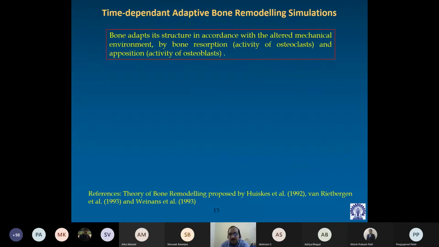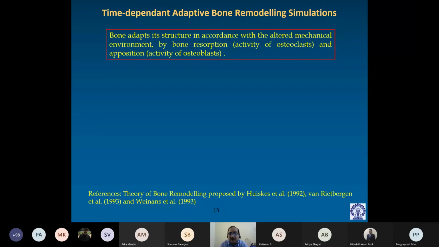Now let us move from the theory of bone remodeling to the simulations. First we discuss the theory and then how this theory is implemented in the computer simulations which predict bone remodeling. That will be discussed. Adaptive bone remodeling is basically a time-dependent phenomenon. As you all would understand, with time the bone structure evolves through alteration in mechanical